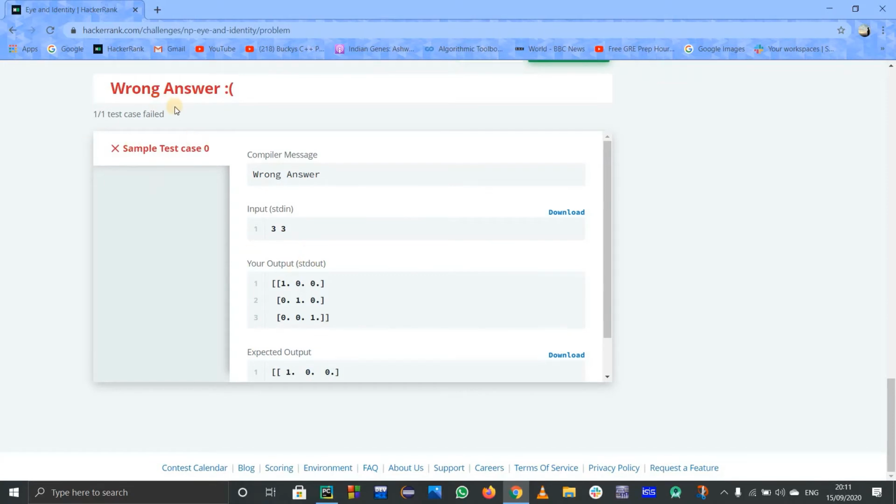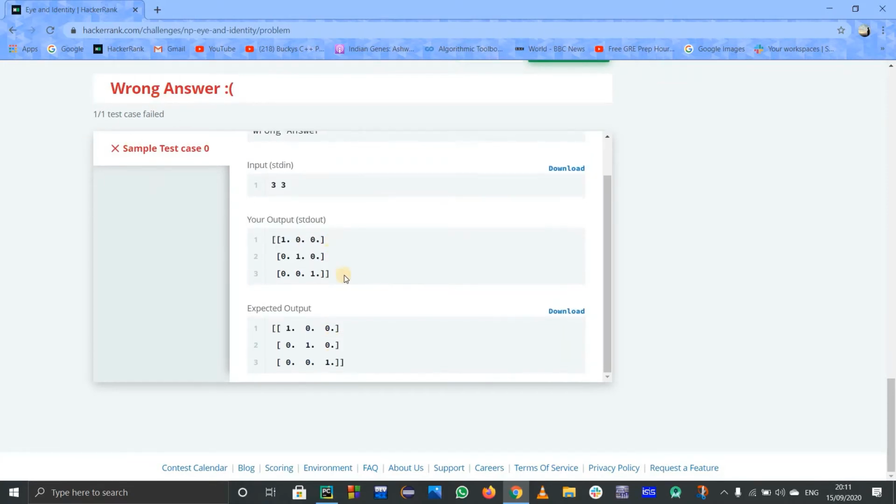They are telling us that our answer is wrong, but if we see, the answer is right. I don't know why the problem setter has done it, but they have spaces, if you see. Before 0 there is a space, before this 1 there is a space. I don't know why they have not mentioned it in the question. So basically we'll have to replace this 1 by space and then 1, and this 0 by space and then 0.